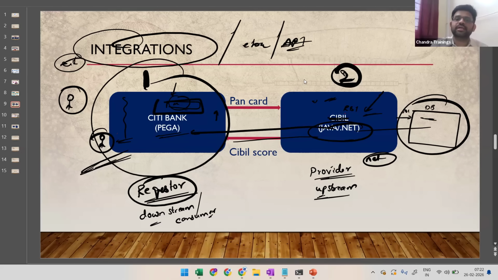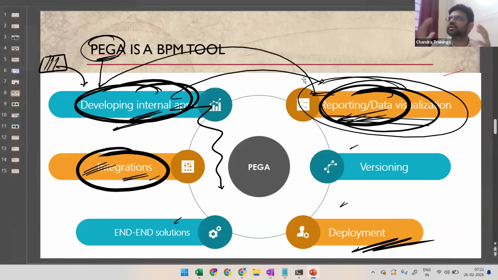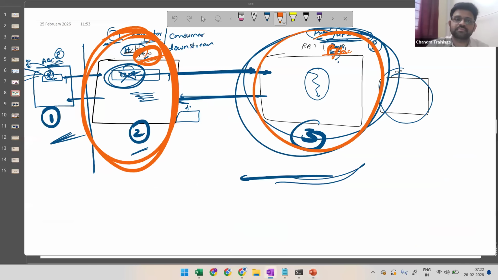So you can understand that in any Pega application, development can be simple. It is made easy. And if you want to go for reporting, it is made easy. And if you want to get this integrated to third-party applications, still it is made easy. Now, when I say integration, it can be of two different types. So one is with, say,